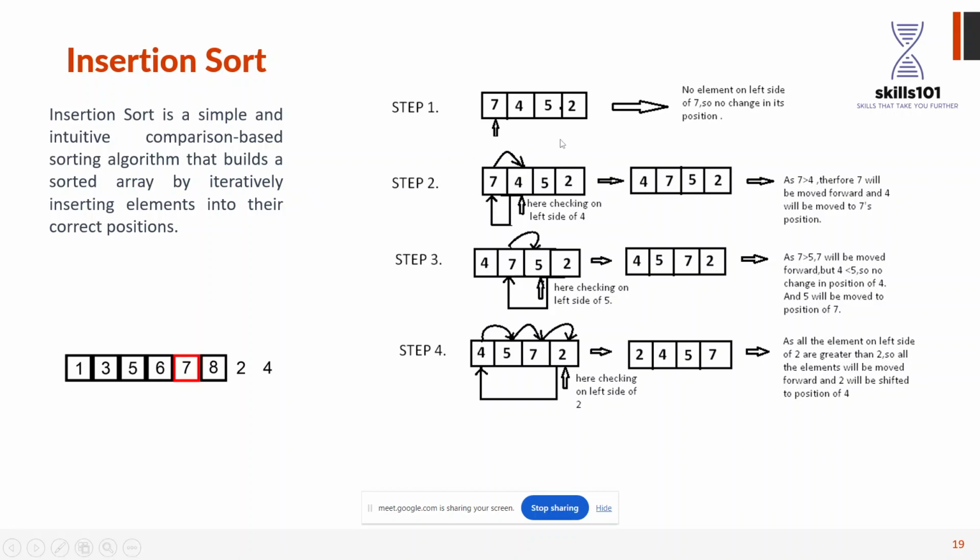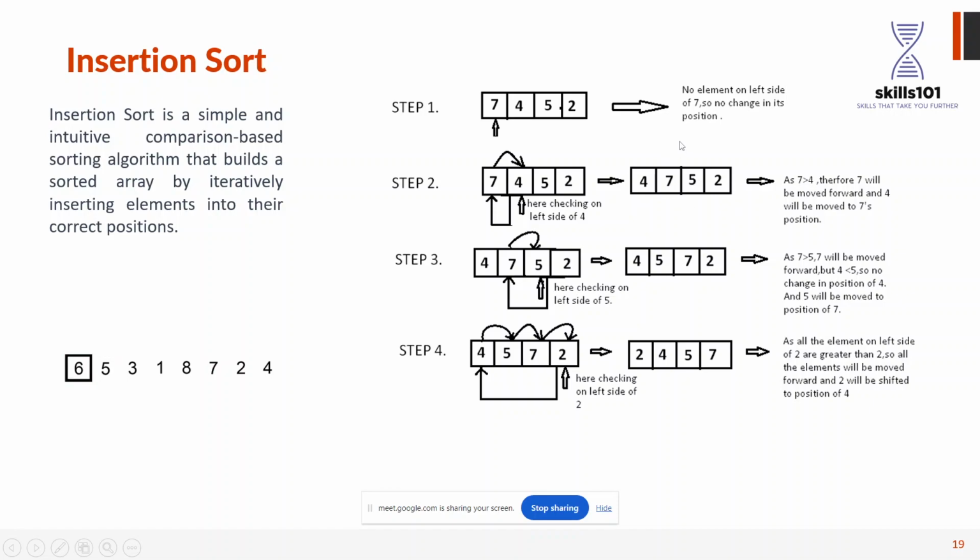So if we look at this example where we've got a list of 7 4 5 2, in insertion sort, just imagine that the first element is sorted by itself, right? So we have to focus from the second element to the last element. Now what we will do, we will check that 4 needs to be put at its right position. So we will check 4 with the 7. If 7 is bigger than 4, we will swap it, right? So in the first iteration, what we will get is 4 7 5 2.